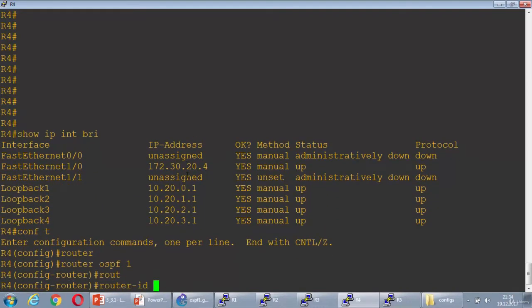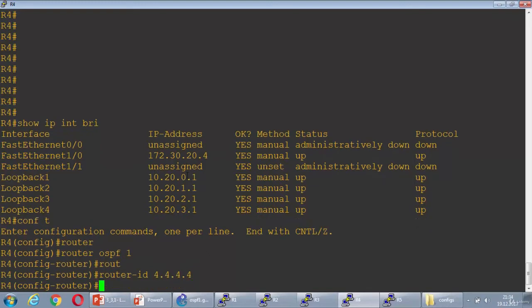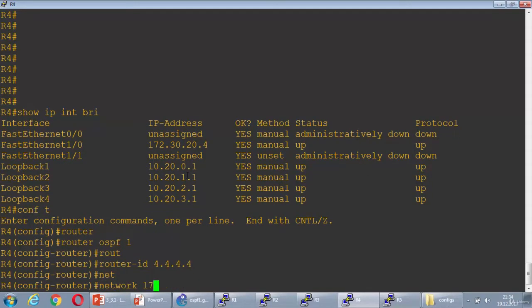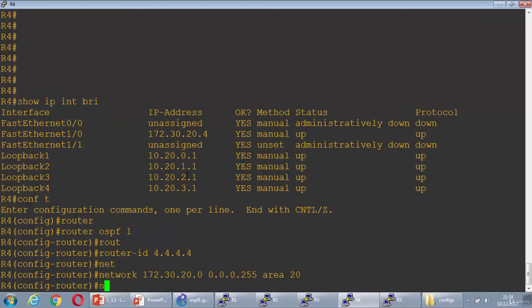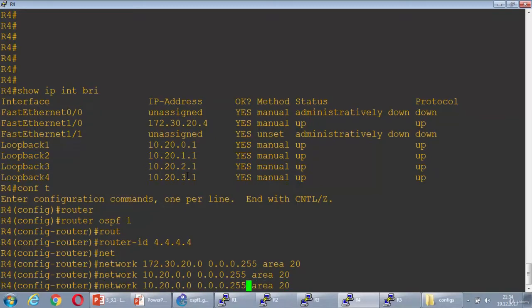Router ospf 1, network, this one in area 20, network, this one in area 20,